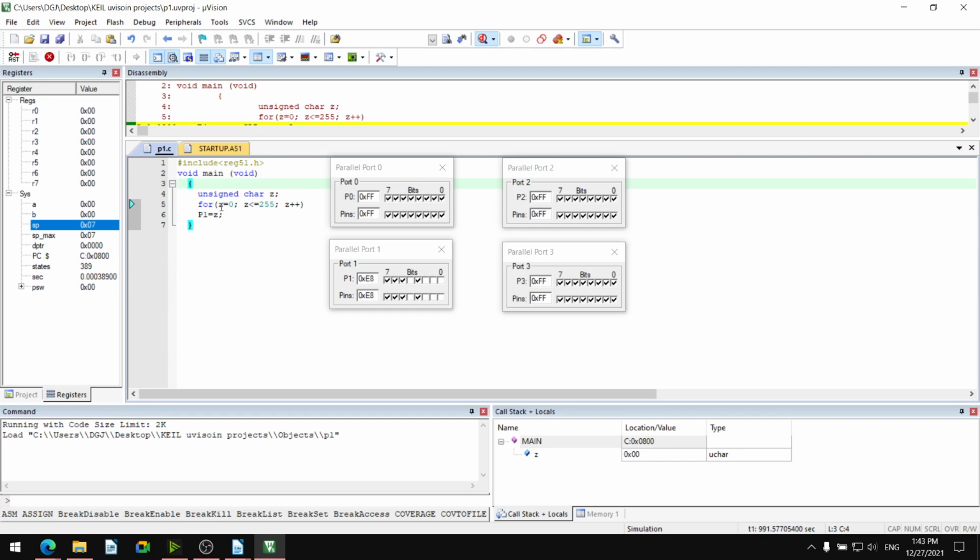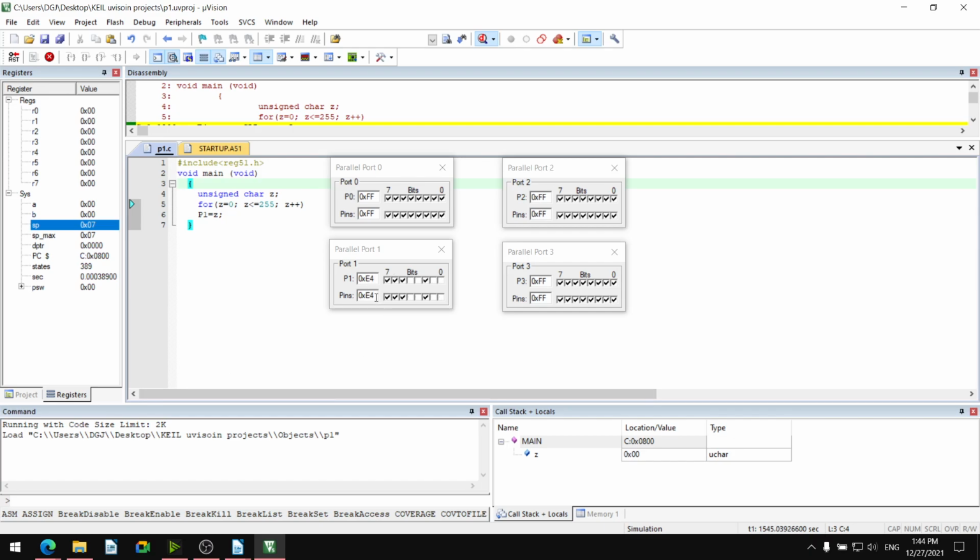For loop z equal to 0, z less than or equal to 255, z is incremented and P1 is outputted equal to z. That z value, whatever 0 is there, 1 is there, 2 is there, 3 is there, up to 255, it is outputted on what? On port P1, P1 equal to z.